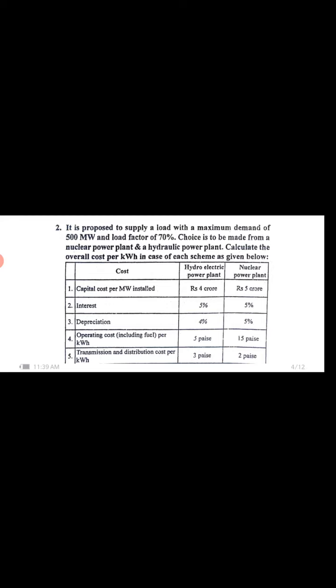Then the third term is depreciation. What is depreciation? Please understand, whatever this hydro power plant or nuclear power plant we use, or even your motorcycle, bike, or car, it has a fixed life, say 15 years, 20 years. After that you have to replace it, right? So from where will you get the money after 15, 20 years? All at a time you will not get the money. So every year you will keep some amount separately from the savings, so that after the useful life of the equipment, say 15, 20 years, you have enough money to buy a new plant. That amount is known as depreciation amount.